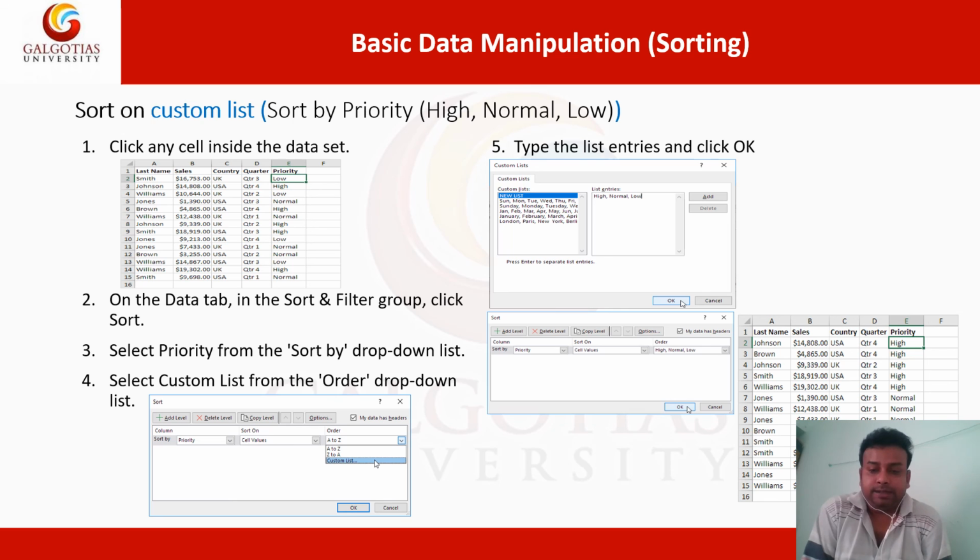on the priority basis. The same example we have shown. The high priority items will appear first, then normal priority items will appear. In this way it will be sorted. So in this example we are also performing a custom sort. Initially we performed a sort for a single column, then we performed sorts for multiple columns and custom sorts. So these are basically the sorting operations we can perform in Excel.